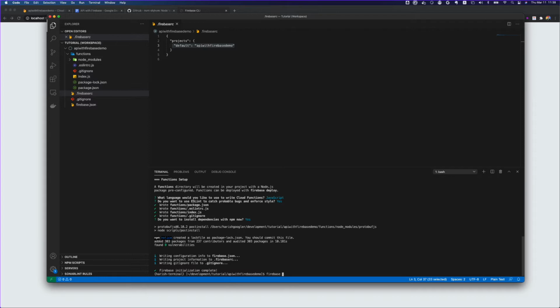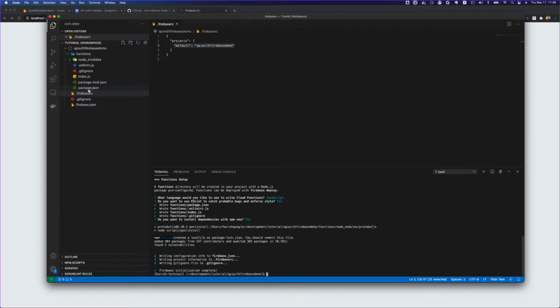So you will have multiple entries here, and with that you can switch whenever you are deploying. Let's suppose I want to deploy it now. I do firebase deploy. By default it's going to take the default tag, and then it's going to deploy to this project. But if I do firebase deploy -p and then give the tag name, let's suppose production, then it will deploy to that production project, whose entry will be made here if you do firebase use --add. But that's for later. Let's move on.